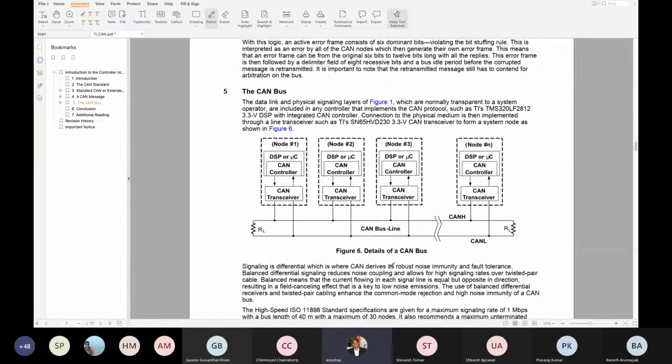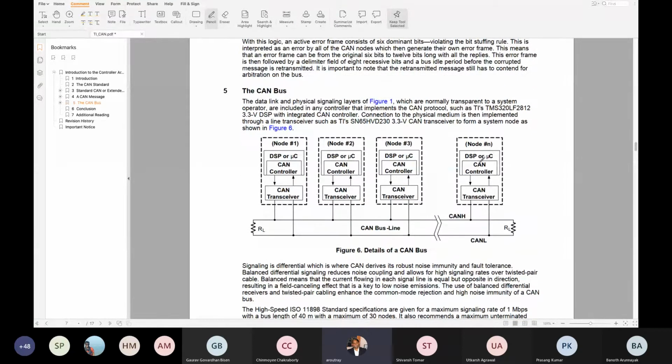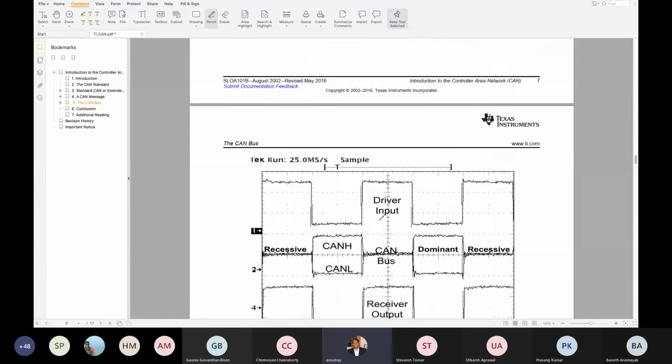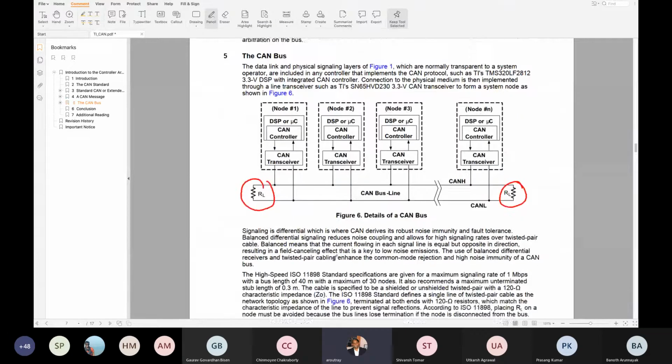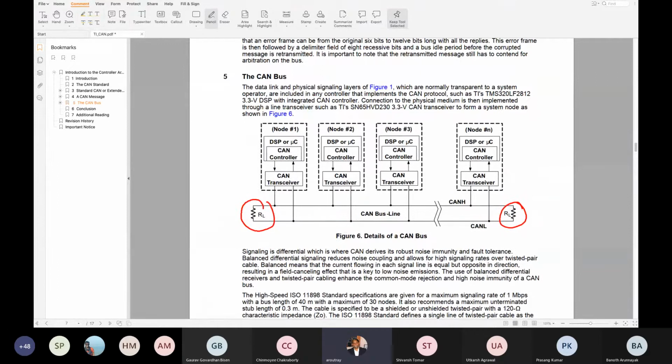So this is the CAN bus architecture. As you can see, there are different nodes, there are n number of nodes. So the CAN bus is terminated by 2 resistors here, RL and RL, and the communication takes place in between them. Now, can you tell me, just one guy, before going to Jhansi Somya, why there are 2 resistors connected at both the ends? Jhansi?